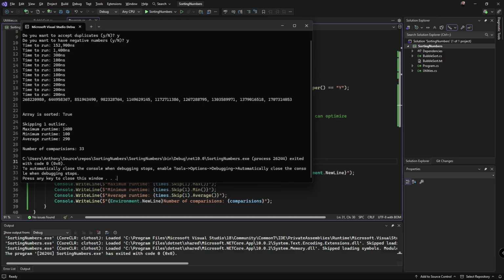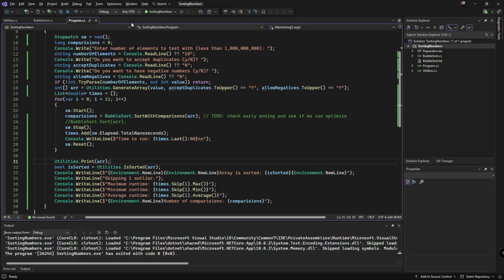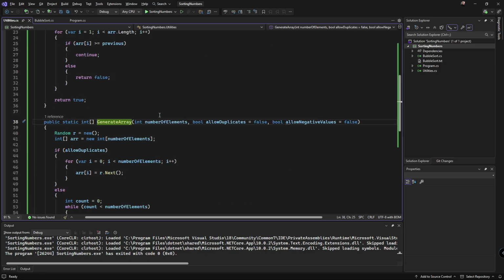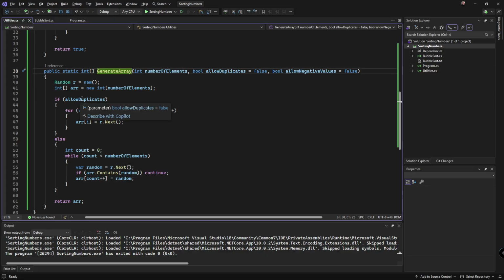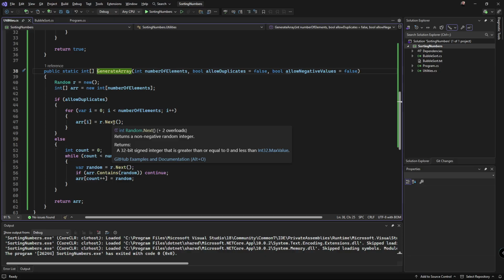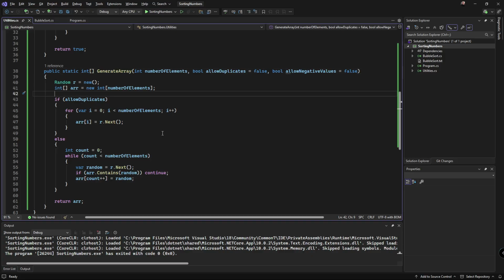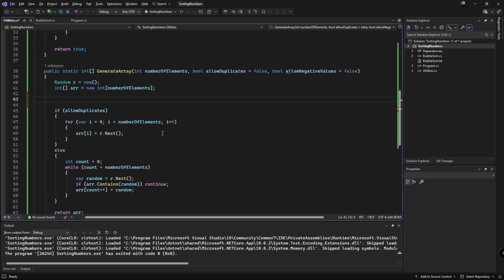So okay, so I think that'll work. So let's go make that actually generate the correct array. So let's check. So if allow duplicates, we just add. That makes sense. So here we're checking that. So we need to control the range though. So here, let's do